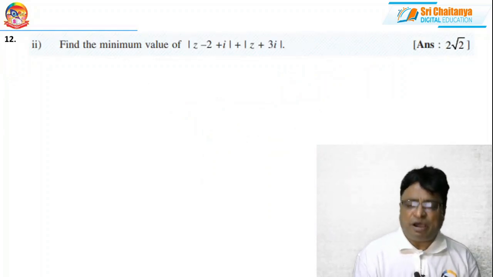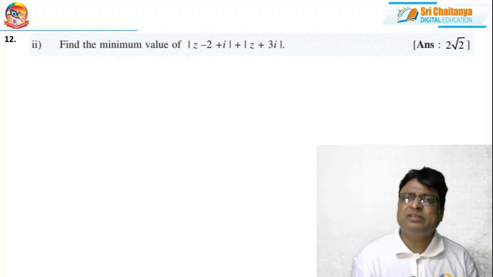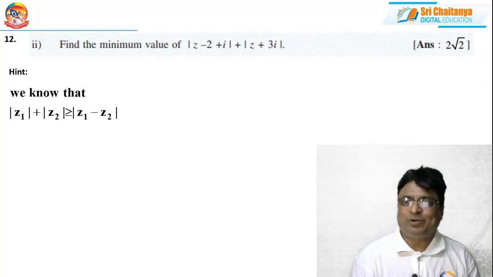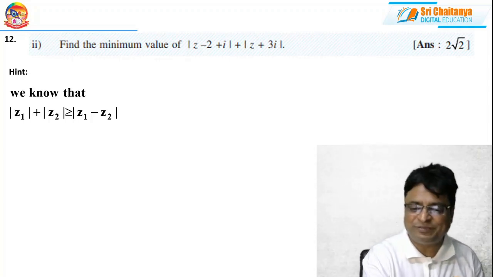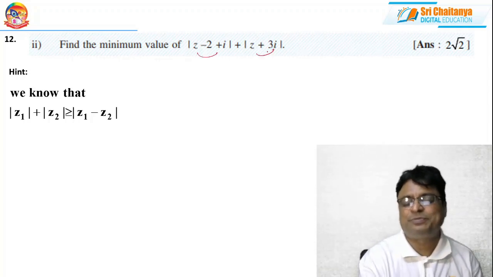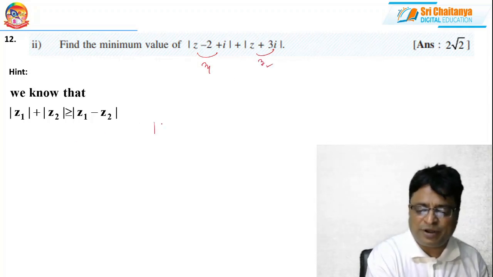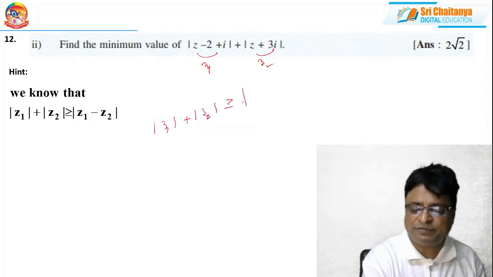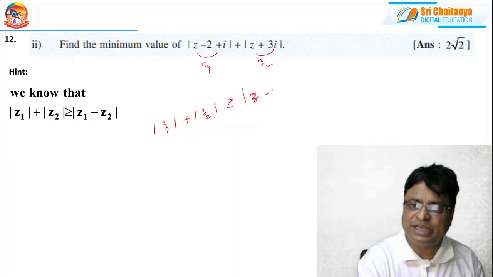Now coming to the next problem, problem number 2, unit 12. Of course, here also they are asking the minimum value. Here also I am applying the same idea. It looks like this: mod z1 plus mod z2 is greater than or equal to mod of z1 minus z2. So this is my z1, this is my z2. So mod z1 plus mod z2 is greater than or equal to mod of z1 minus z2. That means 2z minus 2 plus i